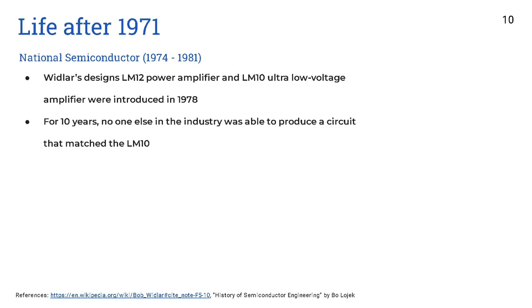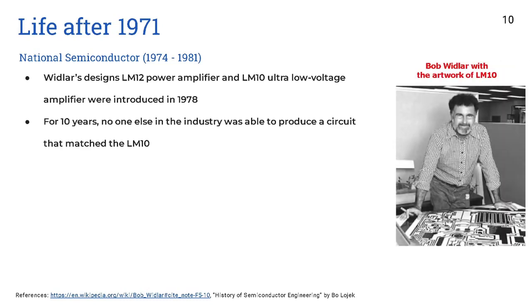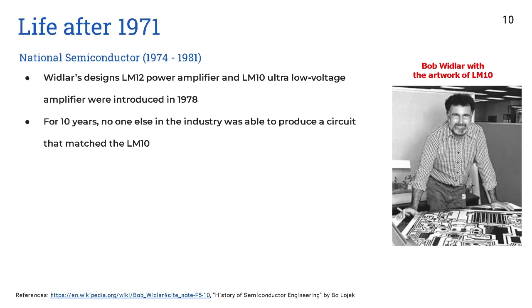He designed the LM12 power amplifier and the LM10 ultra low voltage amplifier, which were introduced in 1978. These were so revolutionary that for about 10 years, no one in the analog IC industry was able to produce a circuit that matched the LM10 voltage amplifier. On the right, we can see Bob Widlar designing the LM10